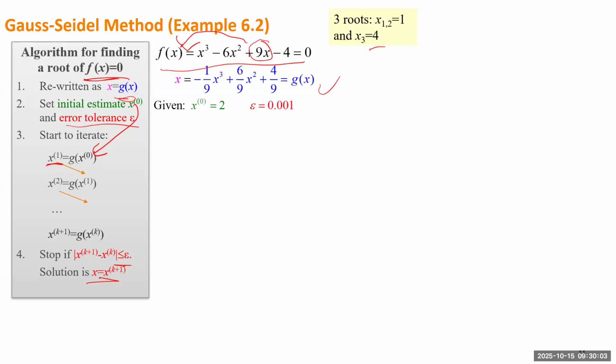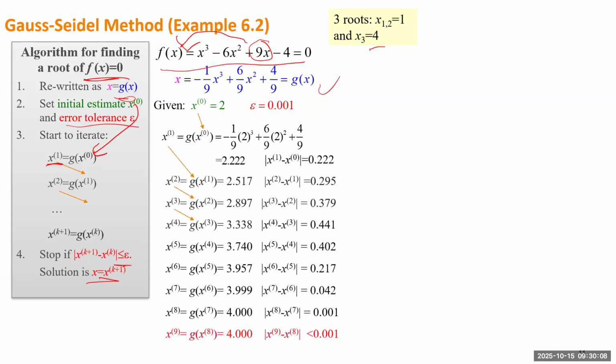If you give an initial estimate 2 and also an error tolerance, you just keep iterating. You see this indicates a gap, right? That needs to be compared with the error tolerance. So when this one becomes smaller than 0.001, you are done. But when you iterate, you see this one can go up, right? So it seems to be in the wrong direction, but eventually there is a significant decrease,